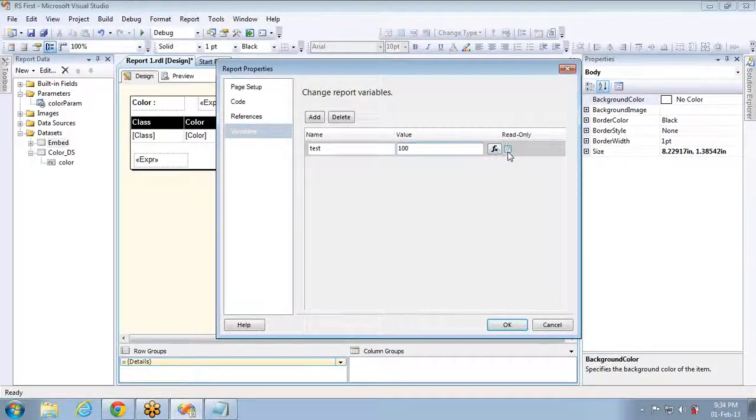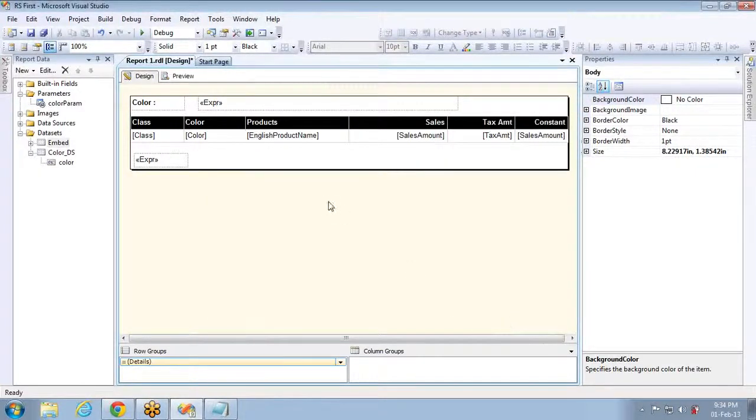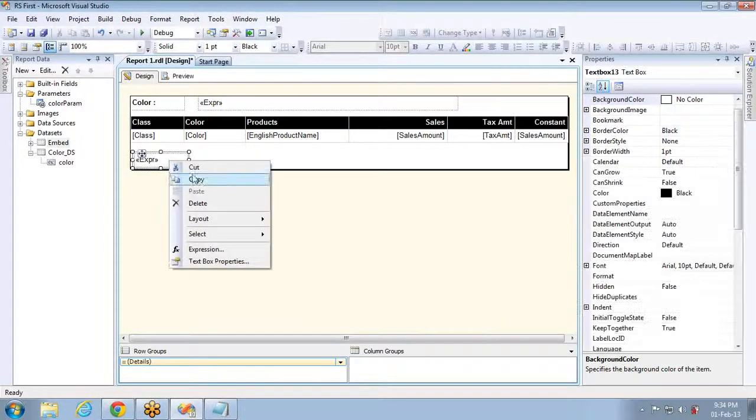Okay, if you use this as read only, check this, then it will be read only. That means you can make use of the value. If you uncheck this, then you can assign the value while executing the code. If conditions, if something is equal something, set something, you can use all those stuff. Let me set it to read only for now. Now I defined a variable called test.